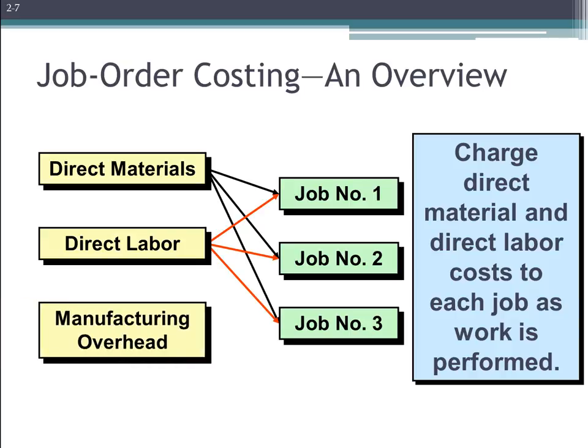The problem comes in, of course, with manufacturing overhead. Remember, manufacturing overhead is all the other costs that cannot be directly and easily traced to individual units of production, but all the other costs that are related to manufacturing or production or to the factory. Keep an eye out every time you have a question, in homework or in exams, if it is talking about manufacturing costs or production costs or factory costs. These are all synonyms that they will use. And if it's not direct materials and not direct labor,